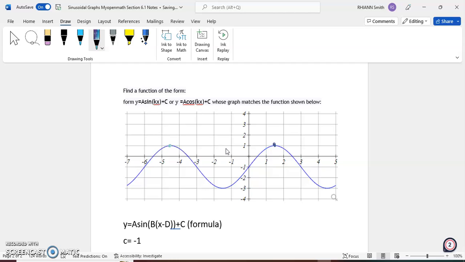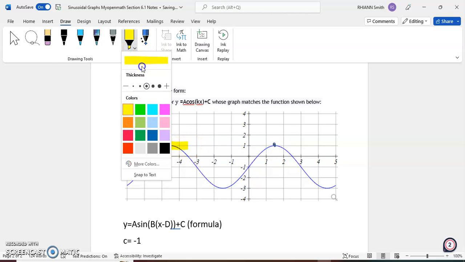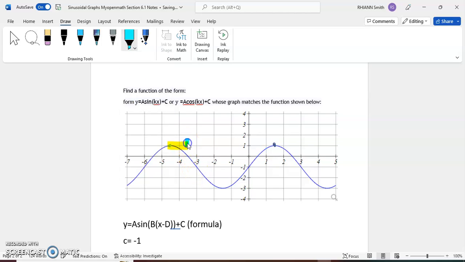So that's one cycle, because you go from this point on the left all the way to this point on the right, but it's the same height. So that's one cycle. And now from here, I'm just going to count over. I'm actually going to do this in yellow. So we're going to go 1, and then we're going to highlight another color. Here we go. 2,